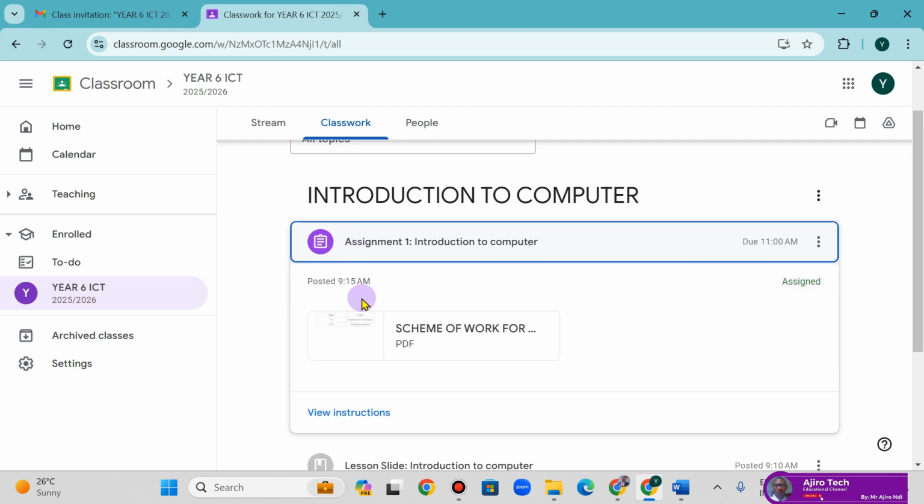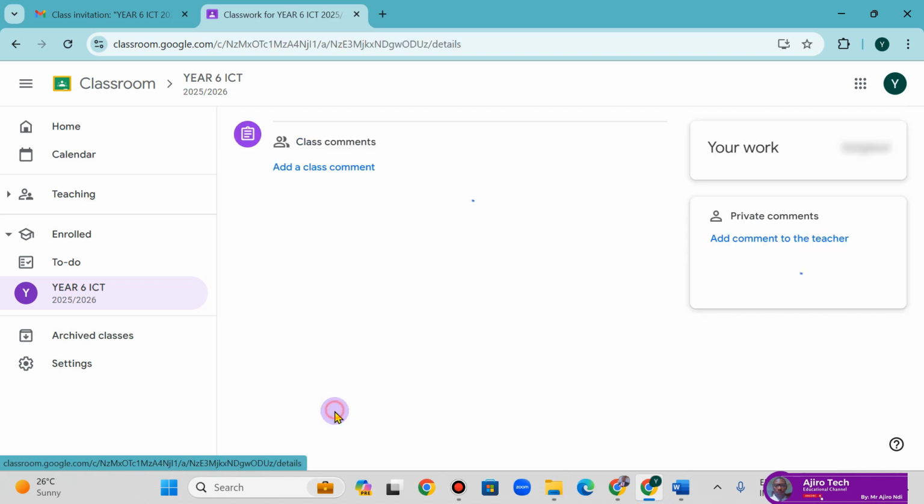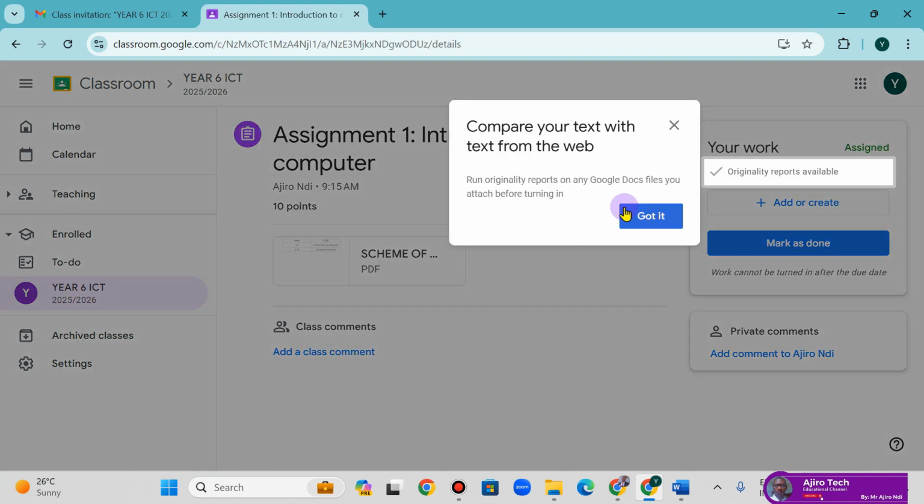This is very important. When you come to the assignment, it shows a sign, and if you come here to view instructions, this is what is important: originality reports available. This simply means that it runs an originality report on any Google Docs file you attach before turning it in. It's essential, because if you're using Google Docs to type your homework, it's going to let you know whether this work is plagiarized or not, and you want to avoid any form of sanctions or penalties